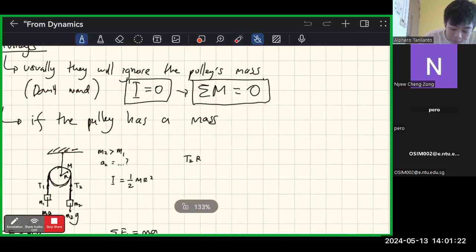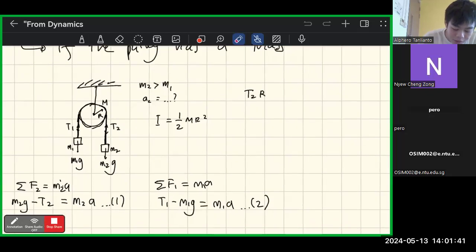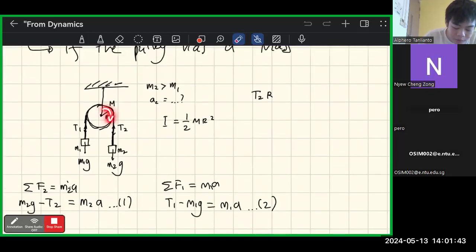So here, the force is T2, right? And the reference point is the middle. So the distance is obviously R, and it's the same for T1, it's R also. But because it's rotating